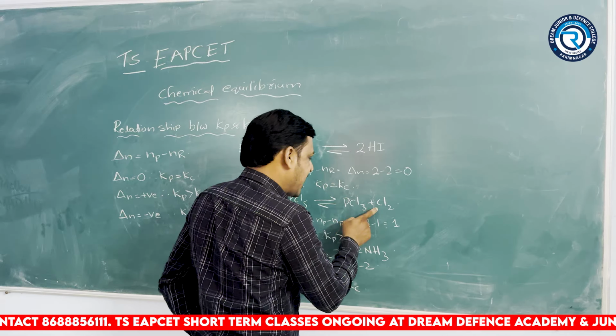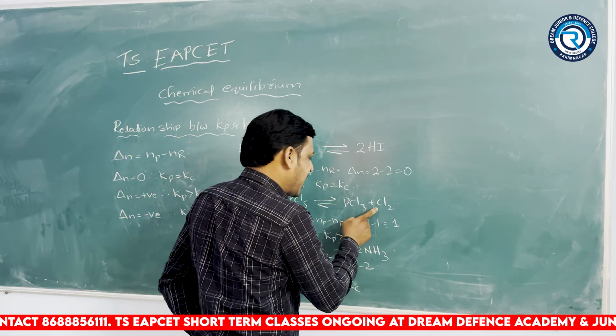Is the value positive or negative? Positive. So positive values mean the relationship is Kp greater than Kc. In this reaction, the relationship between Kp and Kc is Kp greater than Kc. Another example,